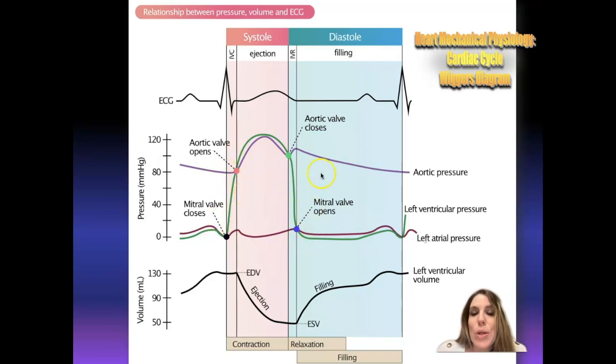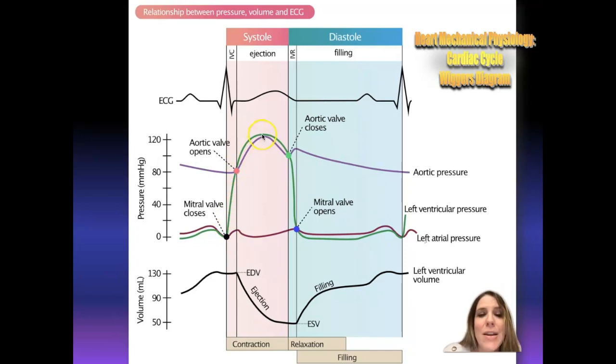Now, you can also correlate this to what's happening in terms of pressure inside the aorta. Remember that during diastole, the pressure is much greater in the aorta than it is in either the atria or the ventricles, but certainly much greater than it is in the ventricles. But during the contraction phase, during systole, we see that that pressure has skyrocketed in the ventricles because they filled